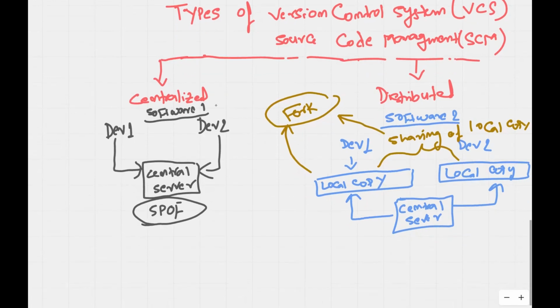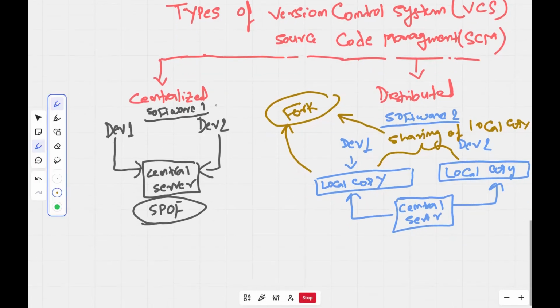Let's understand some examples also. Examples of a central server are SVN and CVS. There are more, like Perforce and Bazaar. There are so many. And examples of a distributed server are Git